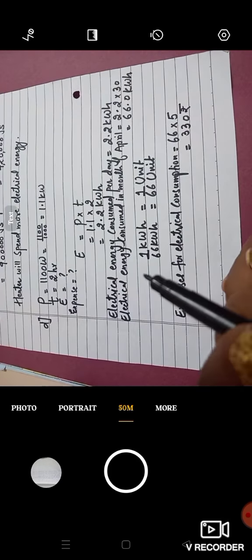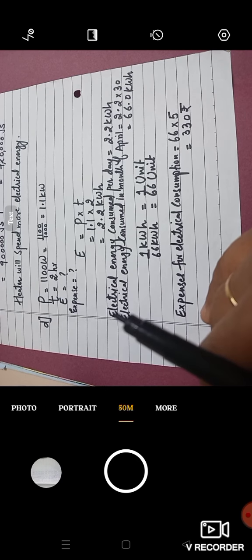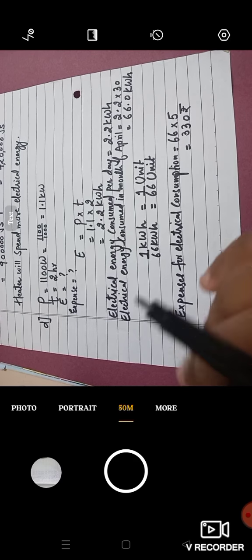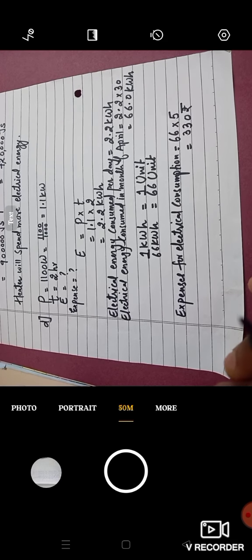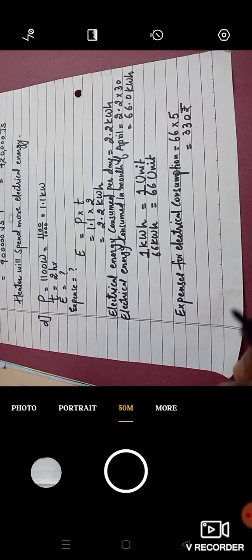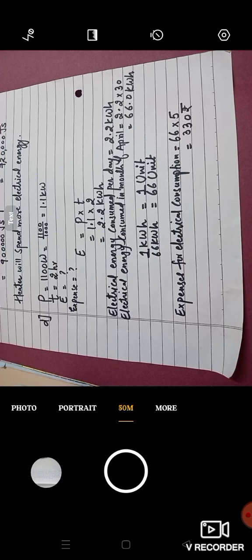So in this way, if we know the proper unit, if we know the proper formula, we can calculate these things. So all the numericals of this chapter are very easy. You just need to learn the formula by heart, you need to understand the formula, and then you can easily solve the